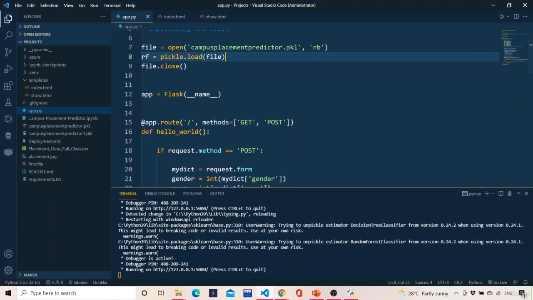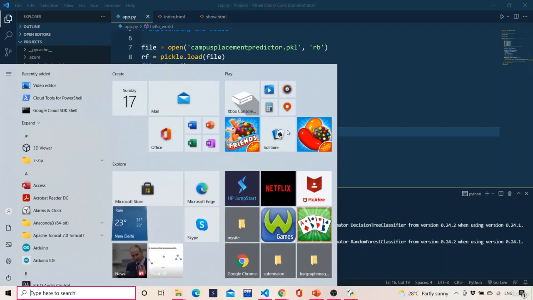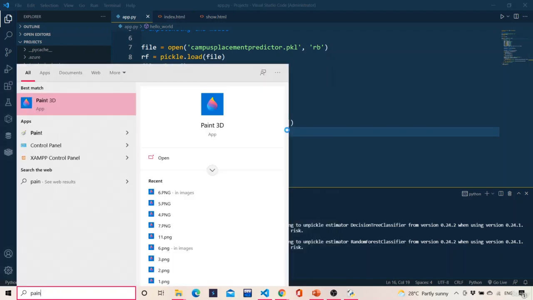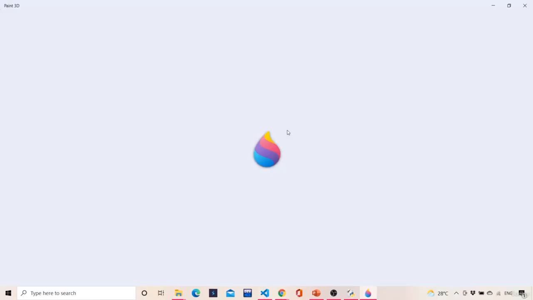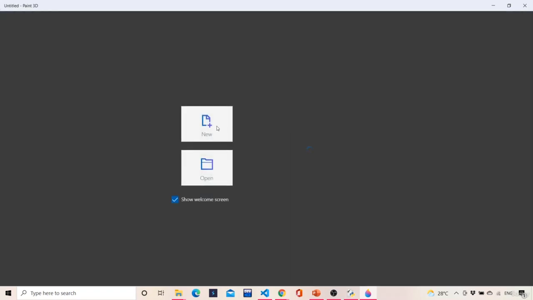Once that is done, in Flask we have to define routes. Over here the route is slash, which means that it is the home page. This route is basically taking two methods, GET and POST. By default it will take GET, but if you want to specify a POST request, you have to specify POST also. GET and POST are basically two HTTP methods,